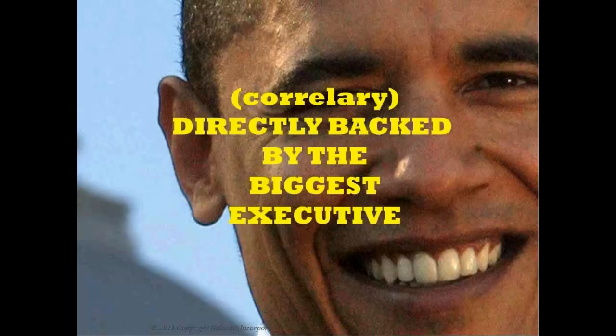The corollary to that is that you need backing by the key executive. Now, it's true that discussions in the White House were frequent on the status of HealthCare.gov, but apparently they were discussions between people who weren't being made aware of what was happening out on the ground. Obama was unaware of problems until a couple of days, apparently, after the launch. And so what was happening in the trenches was not making it up to the executive,